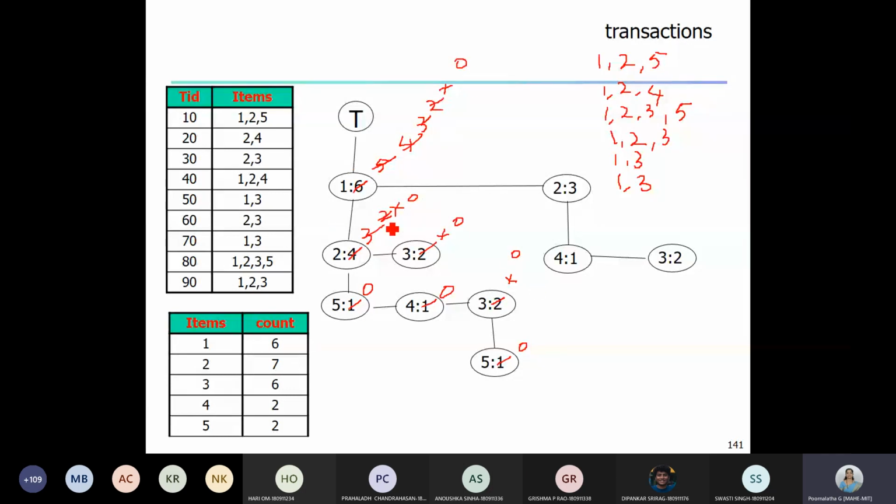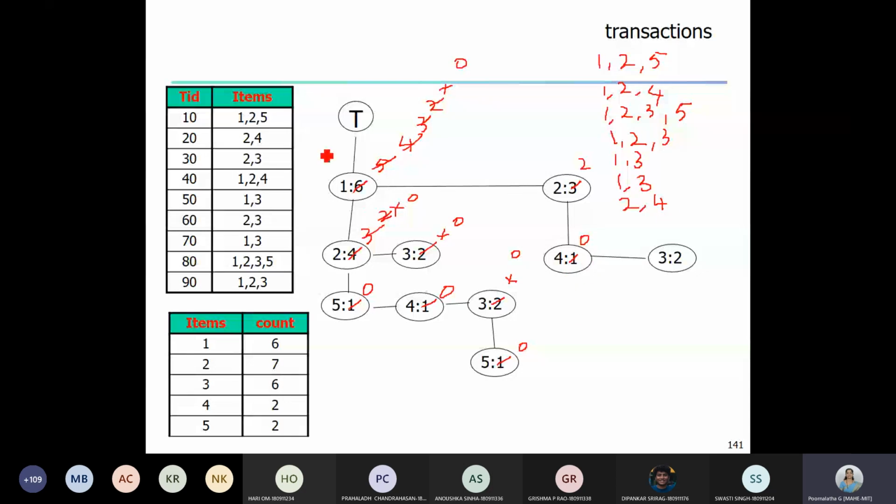So decrement the count, it becomes 2 and write this item. This item is 2, right? This is below the root, so this is 2. Follow the child pointer. Child pointer is pointing to the item 1 here. Decrement the count and write the item name. This is 2 4. 4 is not having any child, so stop here.